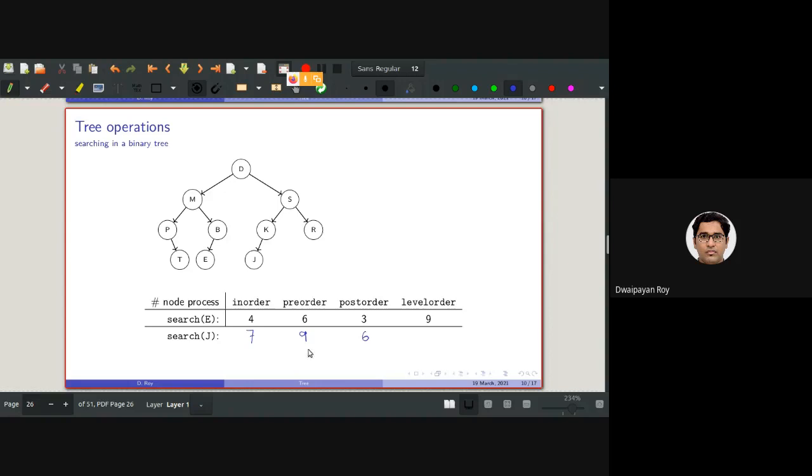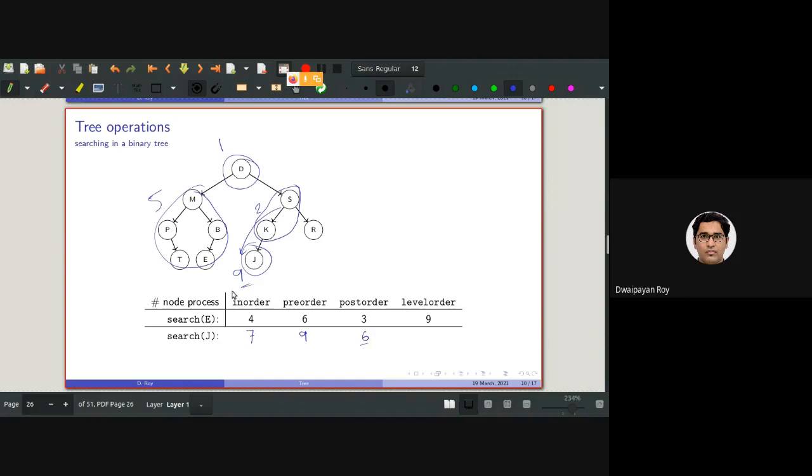Why? How am I getting this so quickly? For the pre-order traversal, I know it will be root, left, right. J is in the right, so after completion of this, it will be traversed, and only then will it come in this direction. There are 5 elements here, 1 element here, and 2 elements in between. So 5 plus 1 plus 2, and this is the final one. So this will be the 9th one.